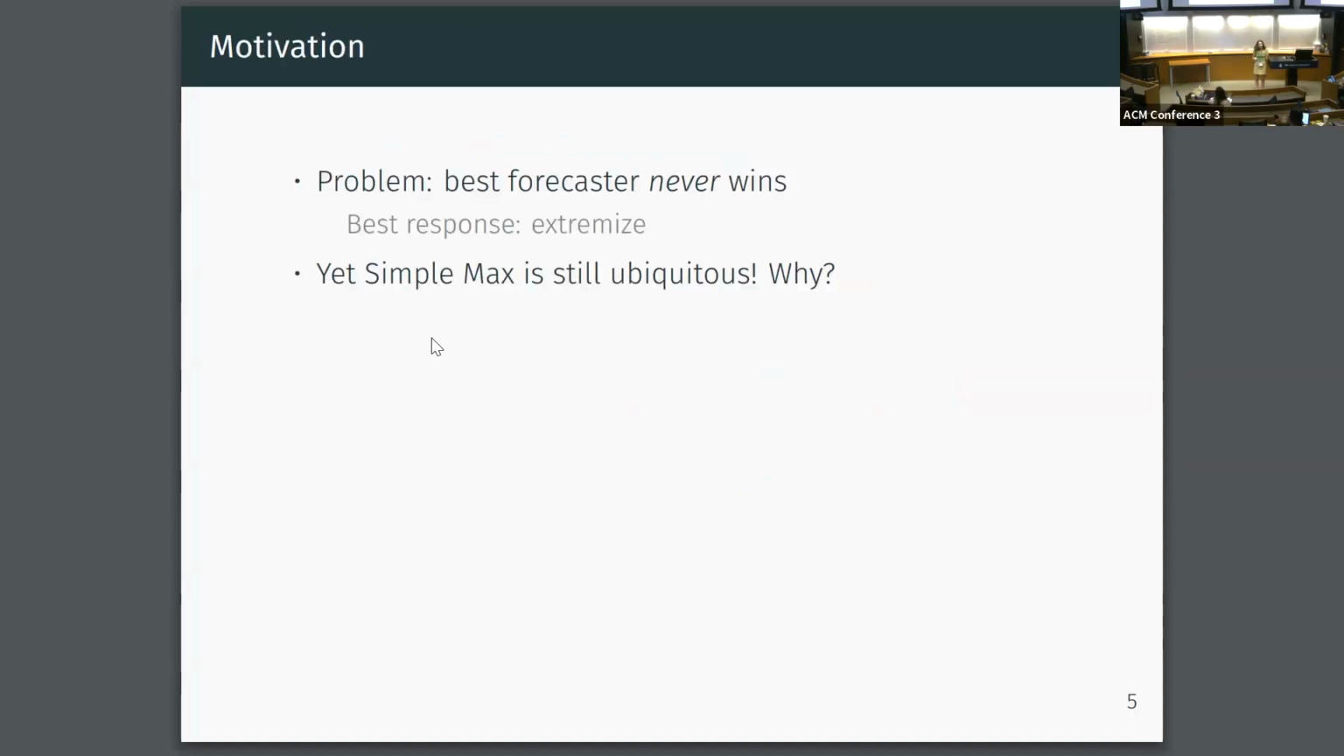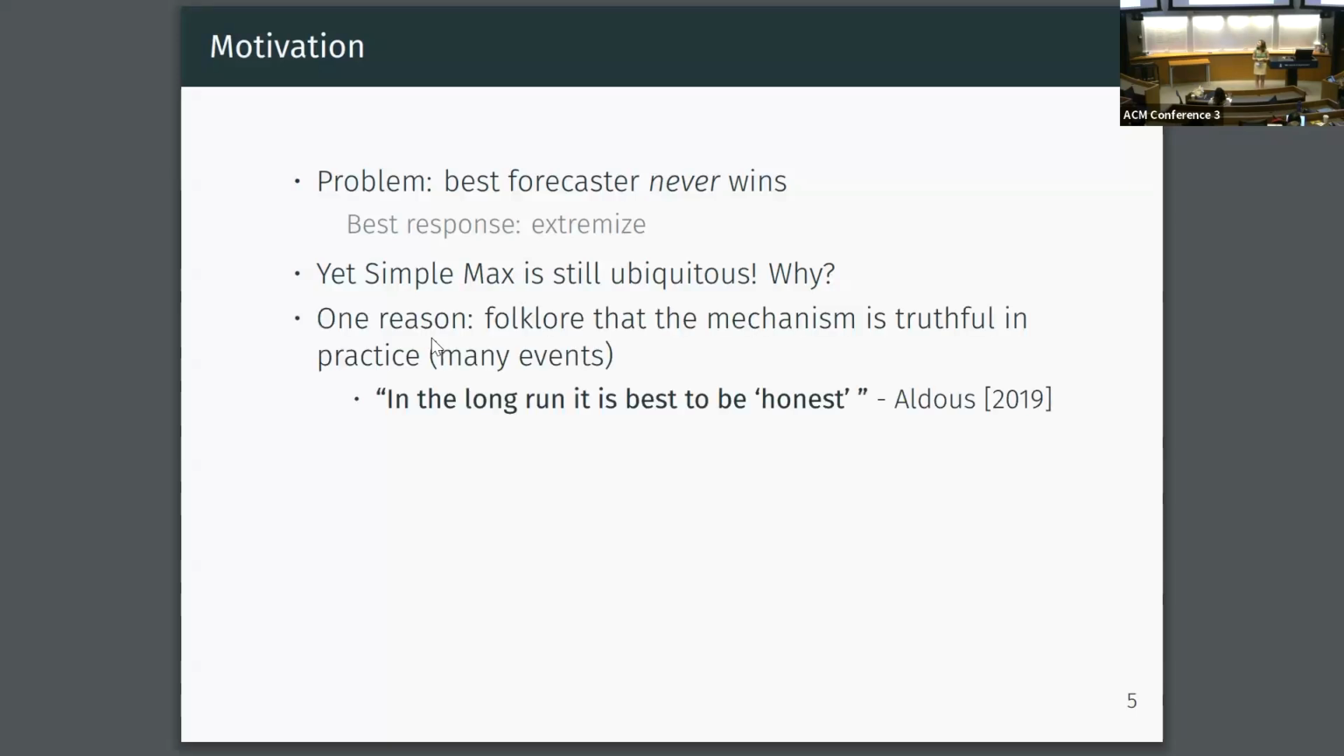And it's been noted in previous literature. And there also have been other mechanisms which have been proposed to incentivize people to behave better. But simple max is still ubiquitous in practice. Kaggle is still using it. Several competitions are. And so our question is, why are they still using this framework? And one reason that we've discovered is that there really is a folklore in the community that this mechanism should be truthful in practice, meaning if there are enough events, right? So as the number of events gets large,